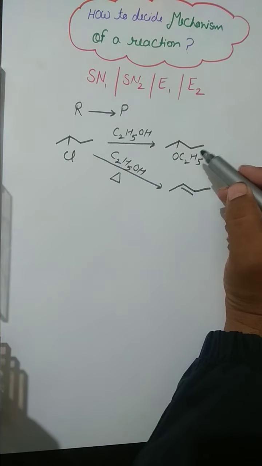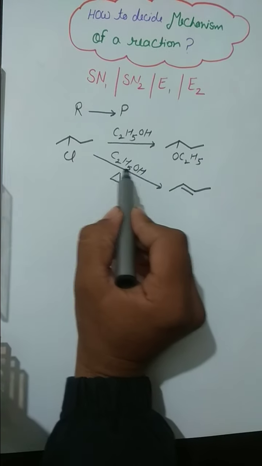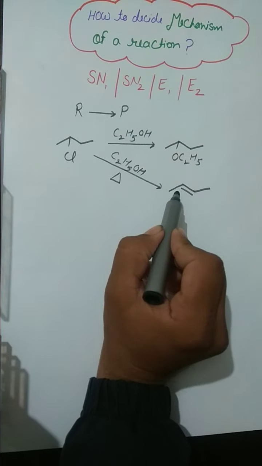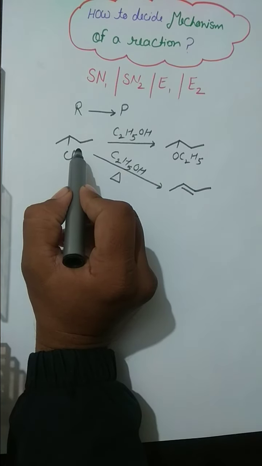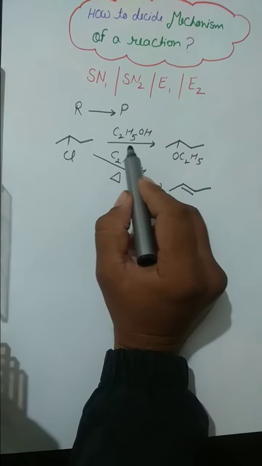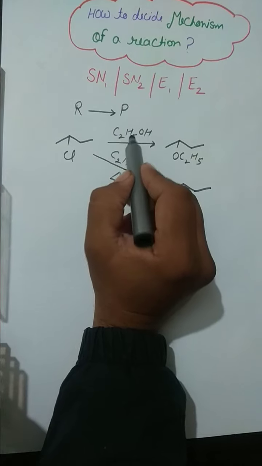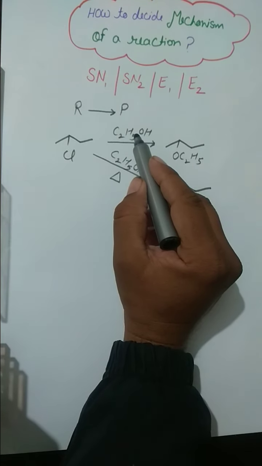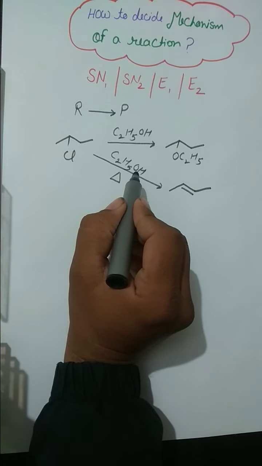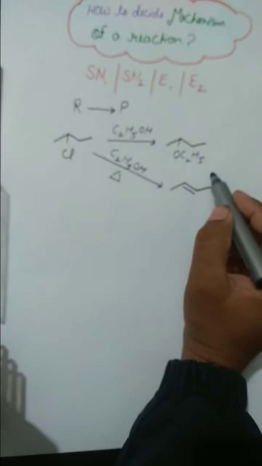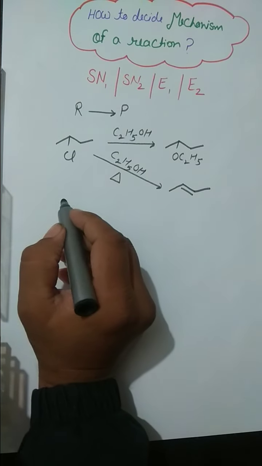Now we can understand that this reaction is a substitution reaction and this reaction is an elimination reaction, because in elimination reaction this Cl is eliminating with H and here we are getting a double bond, and in substitution reaction this OC2H5 minus is acting as a nucleophile. Means here C2H5O minus is acting as a nucleophile and here C2H5O minus is acting as a base. So how can we decide where elimination reaction would be performed and where substitution reaction would be performed? Let's see. There are some governing factors.